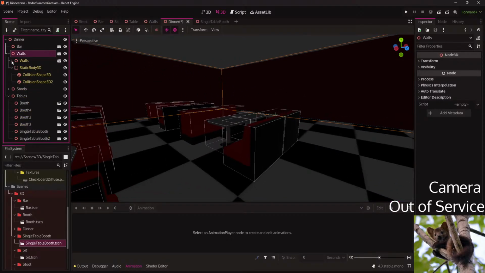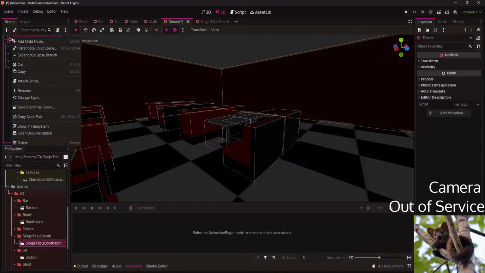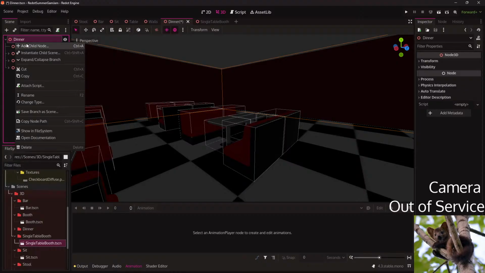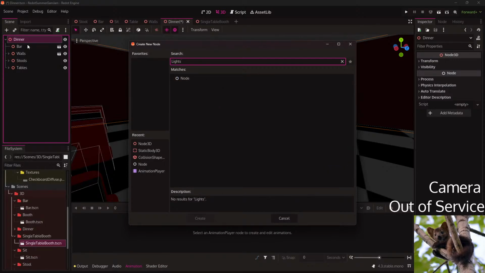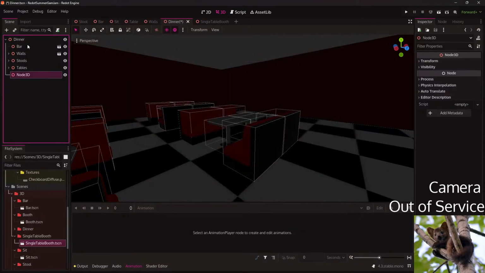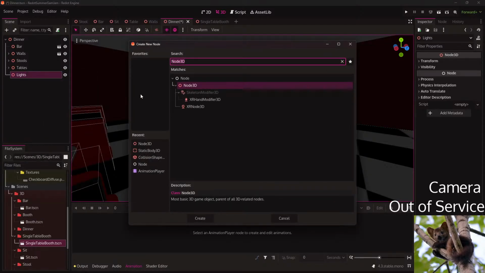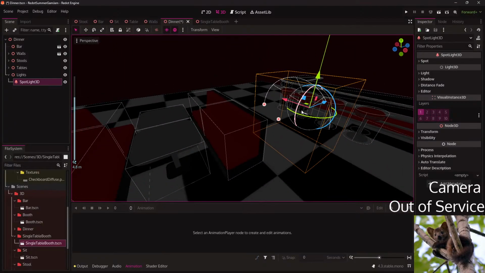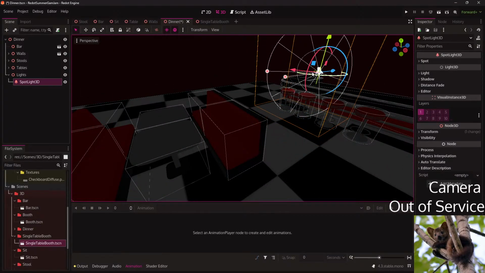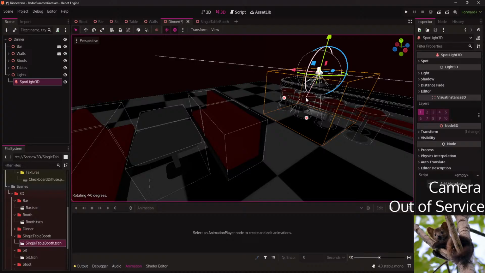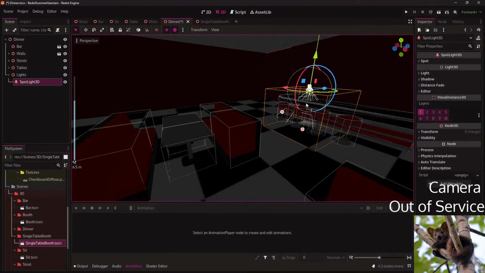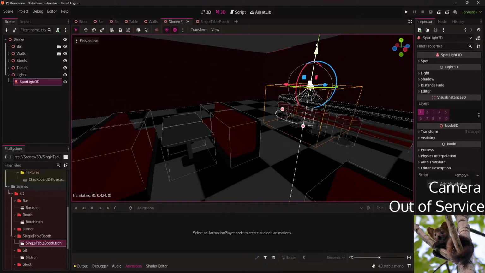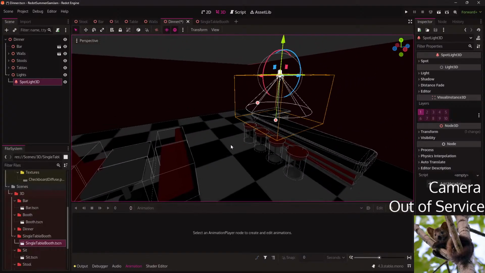Okay, so lights. I'm very terrible with lights. I mean, I never trained this. I think it's a spotlight I want. It seems very weak. Why is it so weak?